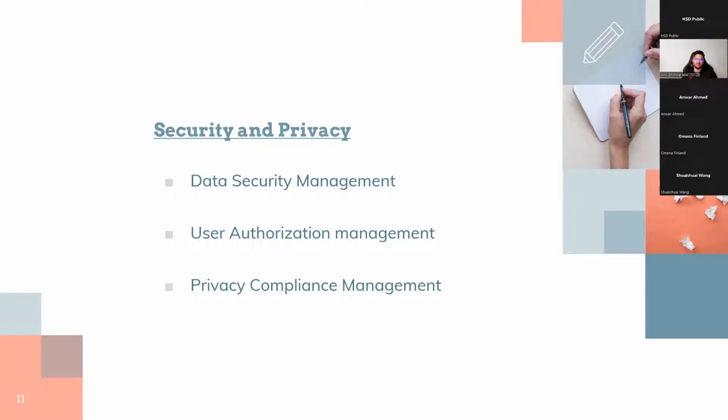And about user authorization, users can have control of all the health data. If you want to share certain data with some of the apps, you can approve it, and if you do not want to share some of the data, you can deny it. For example, if you want to share your HUAWEI data, you can approve it. If you want to share your other private data, such as heart rate or some other data, you can deny it. And it's very isolated. It's very easy for users to